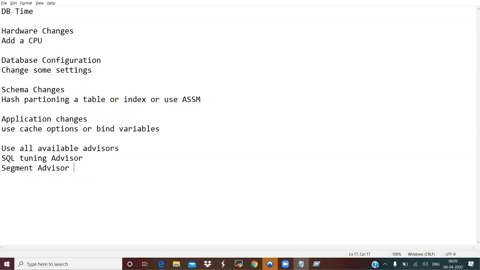The first thing is hardware changes. It can be the database configuration, it can be the schema changes, application changes, or it will ask you to use all the available advisors. These are all the main 5 recommendations that you always see in the report. Even if you look at the report,